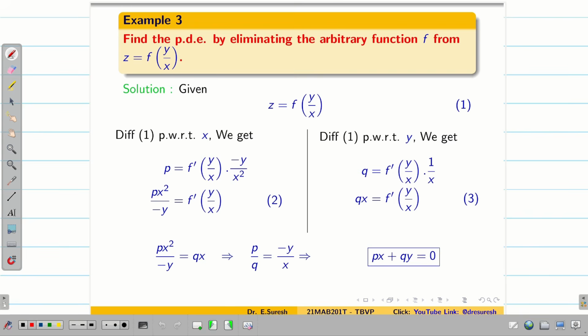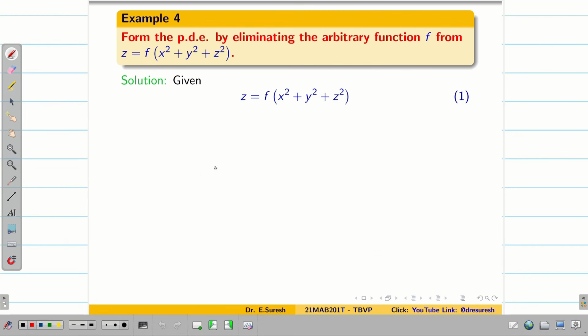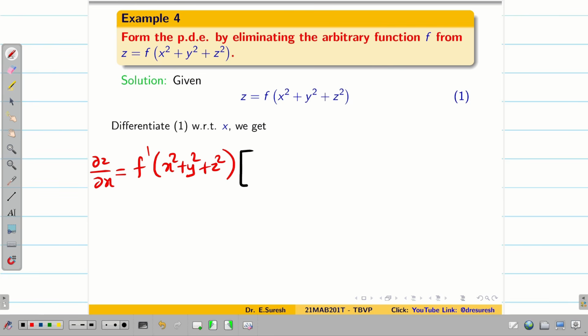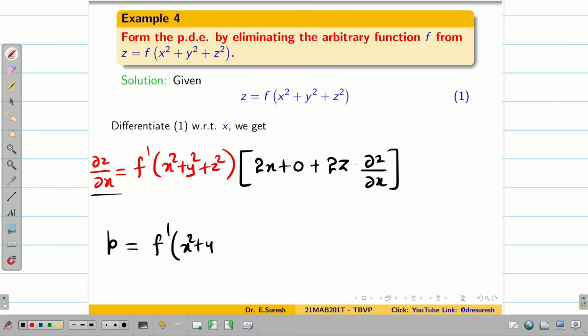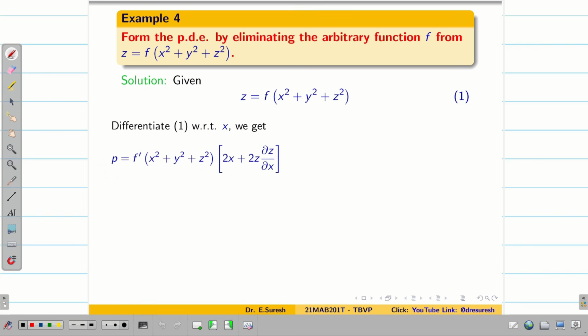Now let us do one more problem of this kind. Here the function is f of x square plus y square plus z square. Now differentiate 1 partially with respect to x. We get dou z by dou x is equal to f dash of x square plus y square plus z square, and then x square plus y square plus z square differentiation partially with respect to x is 2x plus 0 plus 2z into dou z by dou x. I can rewrite this as p is equal to f dash of x square plus y square plus z square into 2x plus 2zp. Let me take this as equation 2, and now we have to differentiate 1 partially with